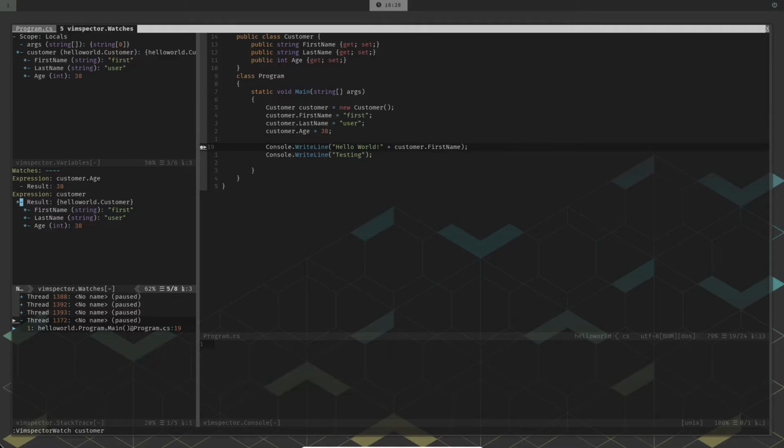So I'm not stepping through every line of code. I just hit a breakpoint. I did F5 at the starting point, and then I did F5 again, and I was able to hit a breakpoint and see the values of the variable there, look at my watches and do my debugging.